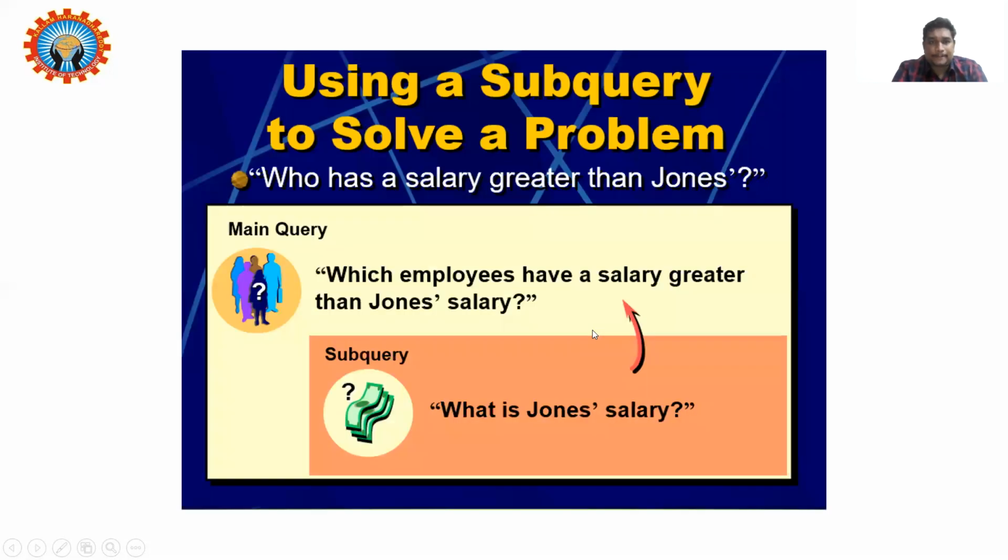Next, what is the need of using subqueries? This is the important question. Where you are using subqueries, how can you identify there is a need of a subquery? See, I want a particular salary statement which is greater than Jones, that is, who has a salary greater than Jones. So first, for the retrieving purpose, the nested query execution